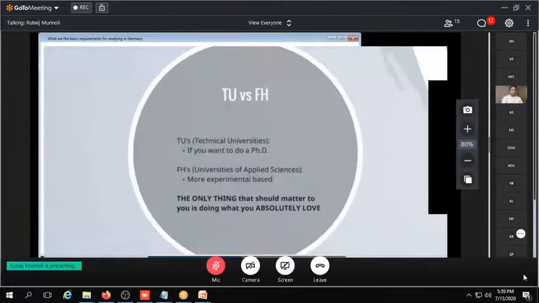Then the main thing is TU versus FH. So these are the two main types of universities over here. TU means Technical University, and FH means Fachhochschule. Fachhochschule means it's an applied science university. Technical University is more based on theoretical knowledge, and applied science university is more in the practical knowledge sense. It is true that Technical University used to have a better reputation than Fachhochschule, University of Applied Science, but this difference right now is not that steep. Okay, so it shouldn't matter to you at all